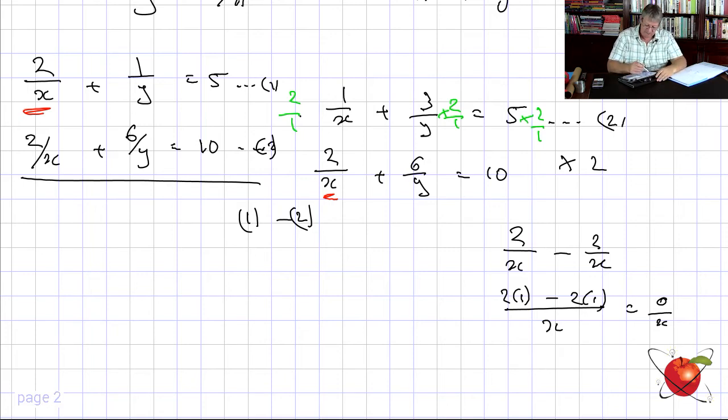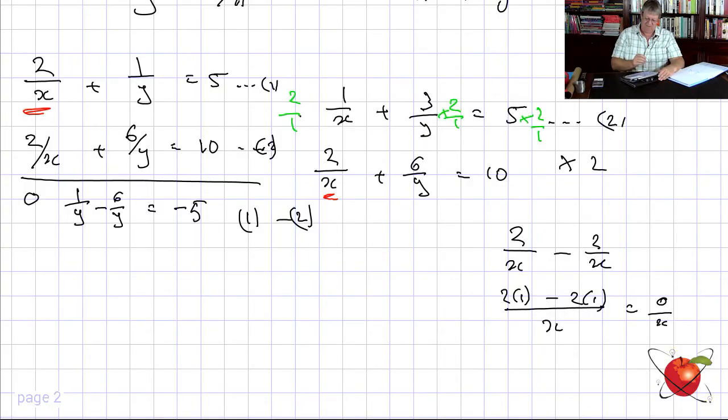So we subtract them. So what is 1 over y minus 6 over y? Let's just take it easy and we say this is then, that's a 0 over here, is 1 over y minus 6 over y is equal to 5 minus 10 is minus 5. I know my numbers are not always great. I've just subtracted them. I haven't tried to be particularly smart and do it in my head. A lot of you could, obviously, it's straightforward. But for those who want to take it a little slower, not exactly overconfident with the process,